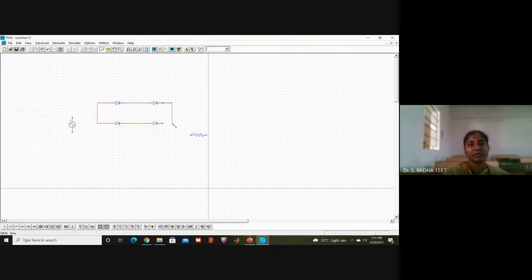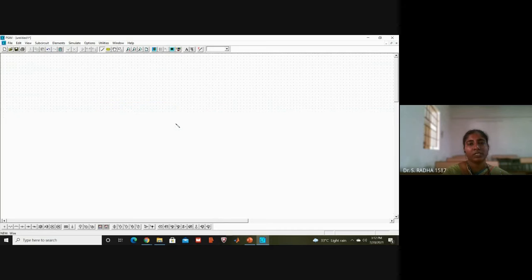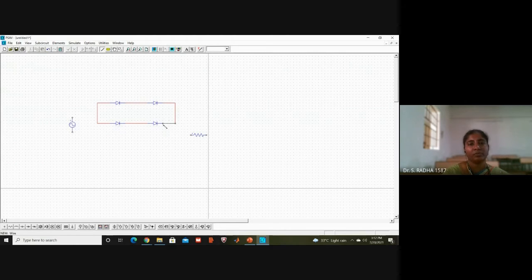Only then does the wire work. Just select and delete. It is very easy if you do it repeatedly. Click, then release. Without releasing, if you change direction, it gives a problem. Wherever you want to change direction, release the button.